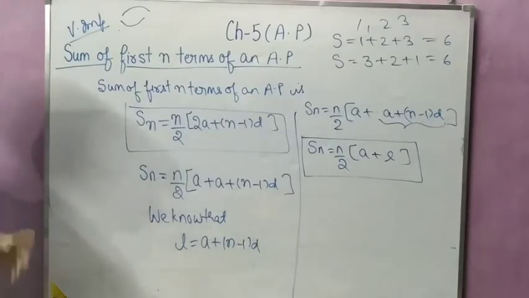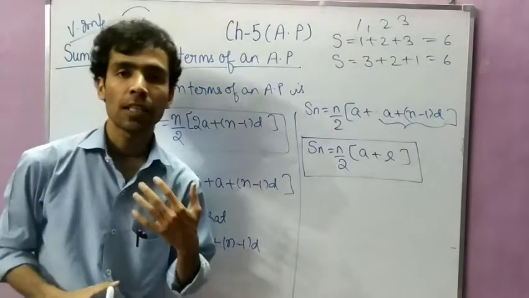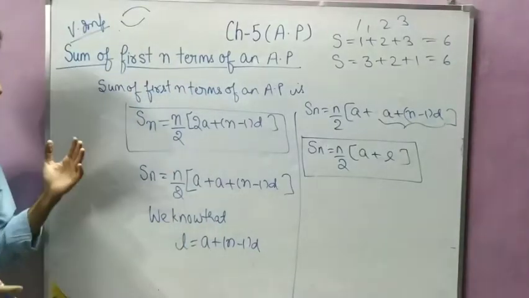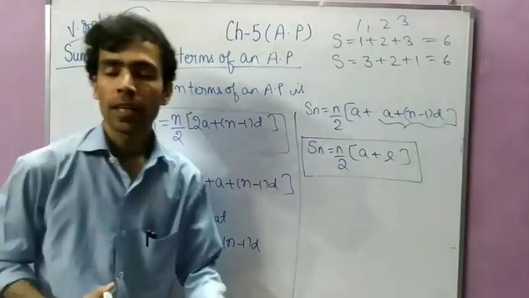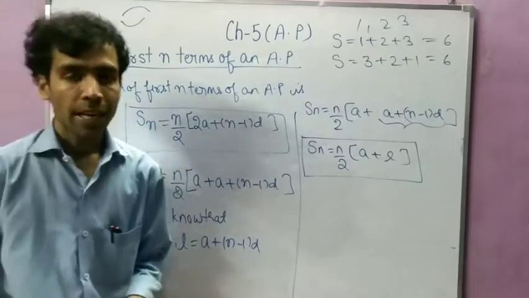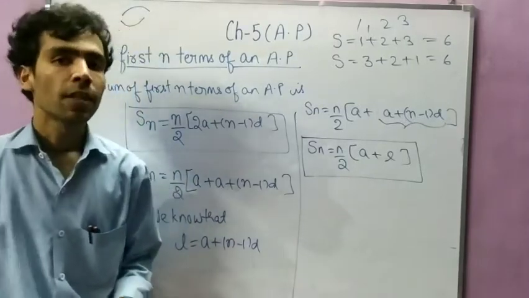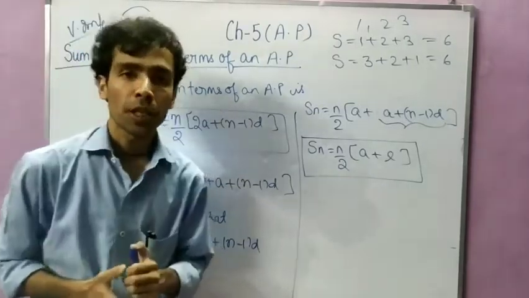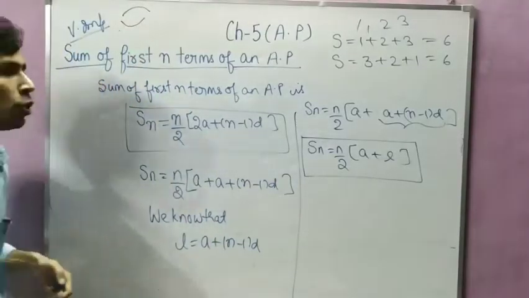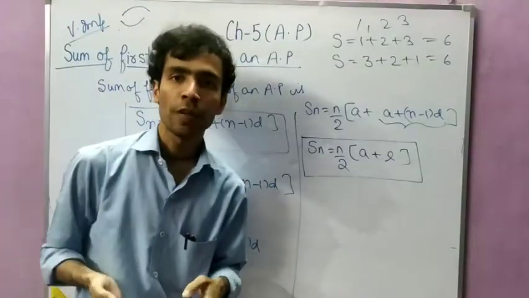So this is the last formula, or the last part of this chapter. Based upon this formula, I will tell you 4 or 5 questions, and the remaining questions you will solve by yourself, so that this chapter will be finished. Because CBSE also reduced the syllabus of class 10th, as you have seen.